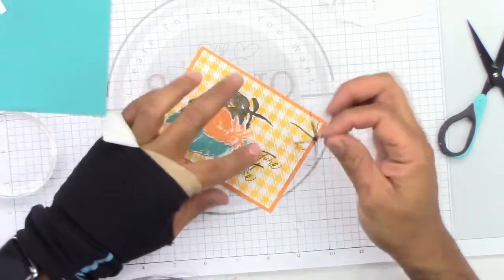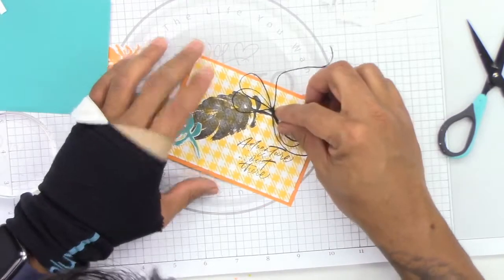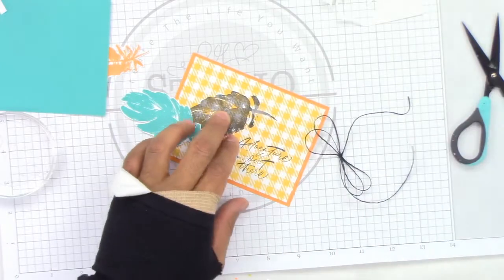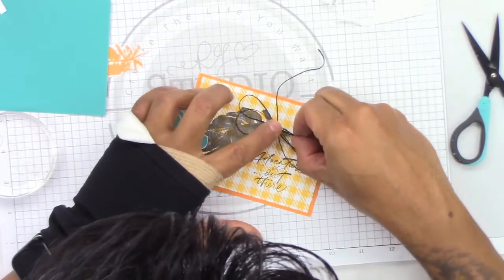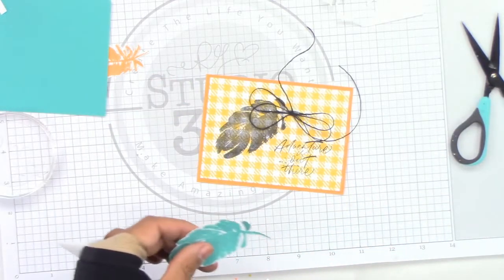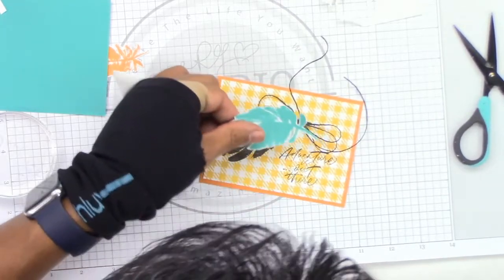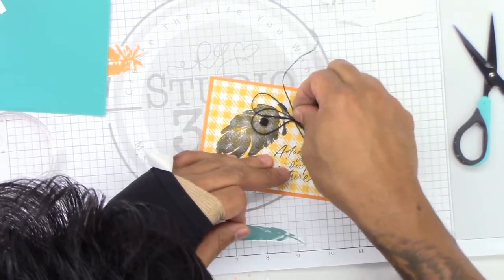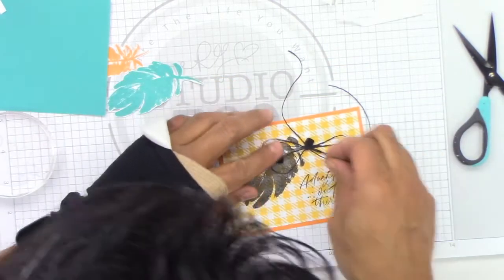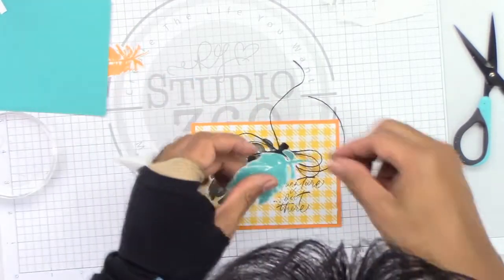All right, so what we did is we did a double bow here, and we don't want it to get in the way of our sentiment. So we're gonna kind of place that bow moving upwards, okay? So that'll really help with the placement of that sentiment. And what we're gonna do is we're gonna go ahead and add foam squares to fasten and hold our twine down. We added a little bit of tape beforehand, but then this will really help